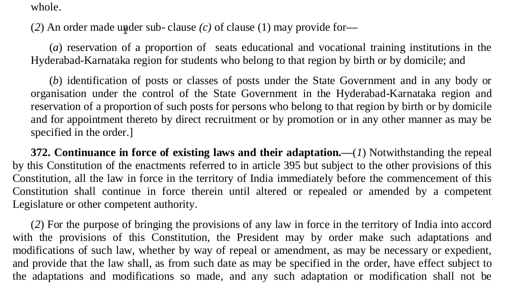2. Any order made under sub-clause (c) of clause 1 may provide for (a) reservation of a proportion of seats in educational and vocational training institutions in the Hyderabad-Karnataka region for students who belong to that region by birth or by domicile; and (b)